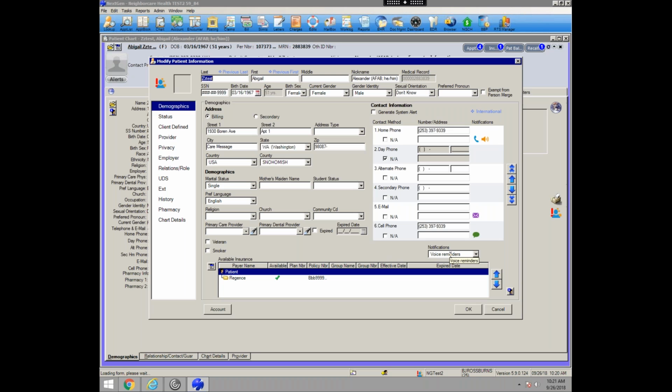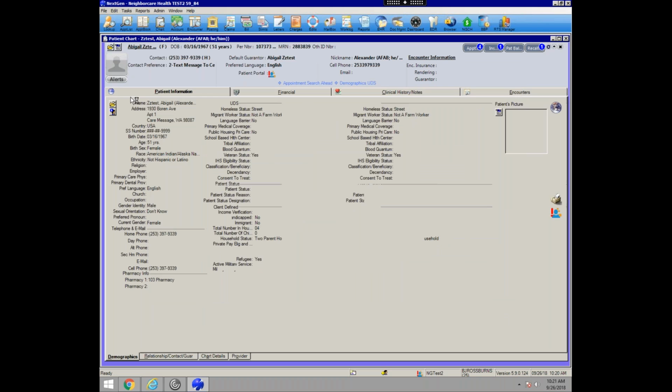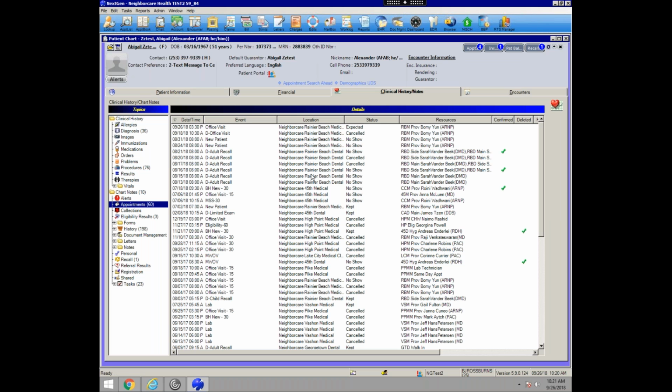It's not exactly the same verbiage, but we've mapped it with OCHIN, and that's worked really well. So now what I'm going to do is I'm going to cancel this, and I'm going to go over to clinical history and notes, and I'm going to come down to appointments, and it shows that Abigail's test is expected for an appointment at 3:30. She did cancel using her cell phone, but there's a 30-minute duration. It could be up to 30 minutes before this actually shows, because that data is only picked up at that frequency. So now if I go back and I look at